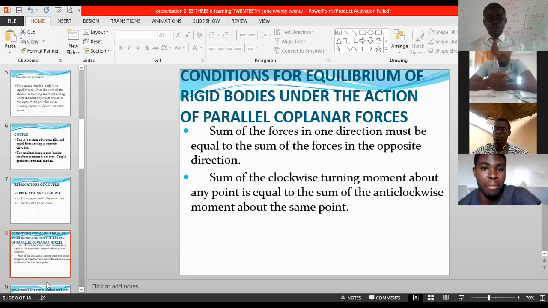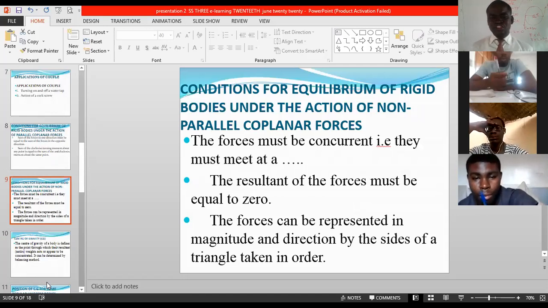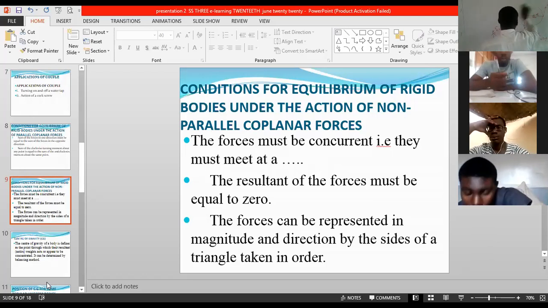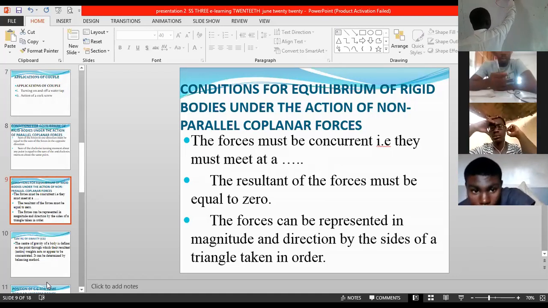Next, we have conditions for equilibrium of rigid bodies under the action of non-parallel coplanar forces. Non-parallel coplanar forces are forces that take the sides of a triangle, like a bucket. A bucket is a non-parallel coplanar force. Look at the sketch of my bucket. If this is my bucket, and this happens to be the handle,